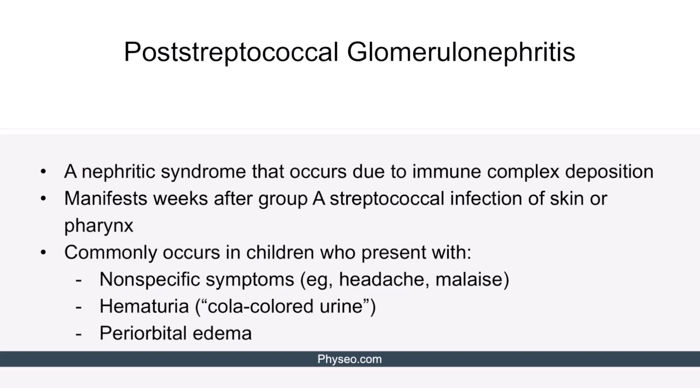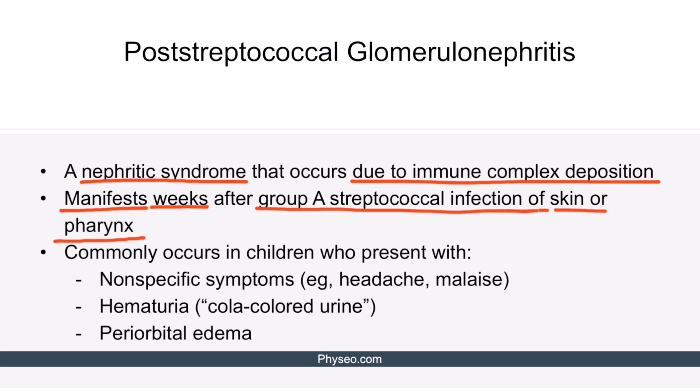Post-streptococcal glomerulonephritis is a nephritic syndrome that occurs due to immune complex deposition in the kidneys between the glomerular basement membrane and the mesangium. It typically manifests several weeks after group A strep infection of the skin or pharynx. It occurs more commonly in children who usually present with nonspecific symptoms, such as a headache or malaise. It may also present with hematuria, which is often described as cola-colored urine in the question stems, and finally, periorbital